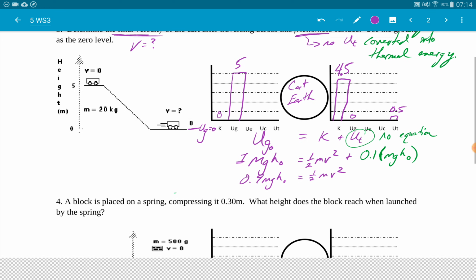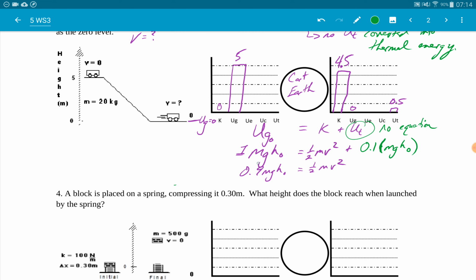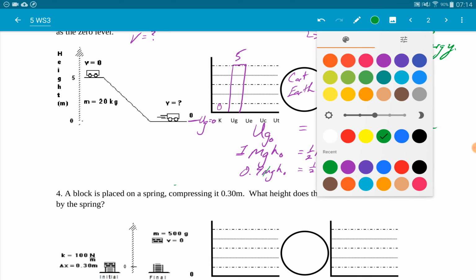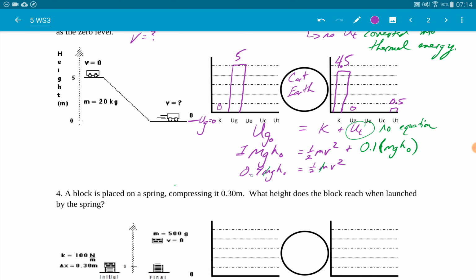So now if you solve for this, we see that all the same things happen. The mass cancels out here. Multiply by 2 and take the square root of that. So multiplying by 2, I get 1.8, so I have 1.8 g h naught, and the square root of that is equal to v. Now I plug that into my calculator, and I get 9.39